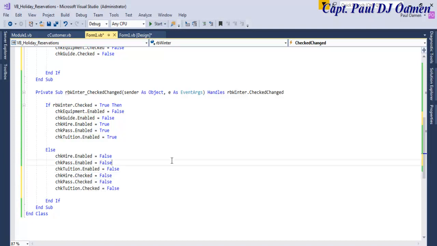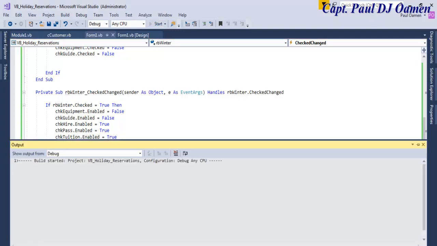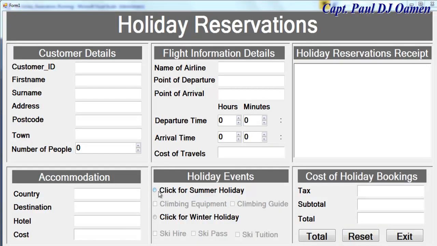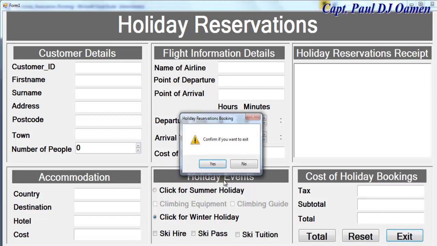Right, let's try it out again. Now check all of these. If I check this, there we go. All right, working as we want. Okay, then exit, and let's take care of